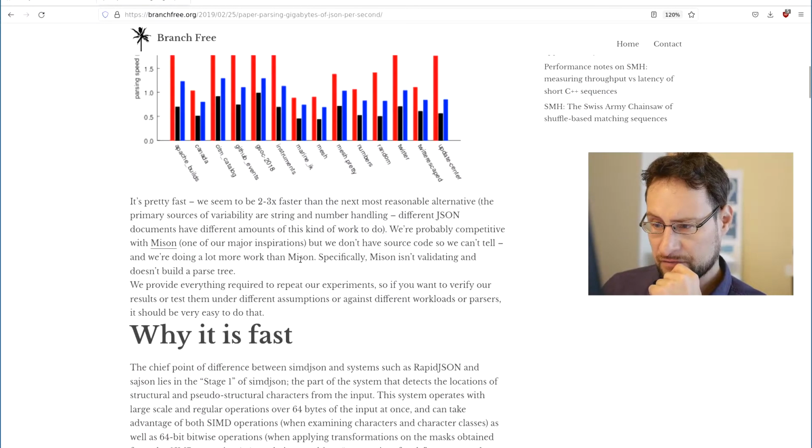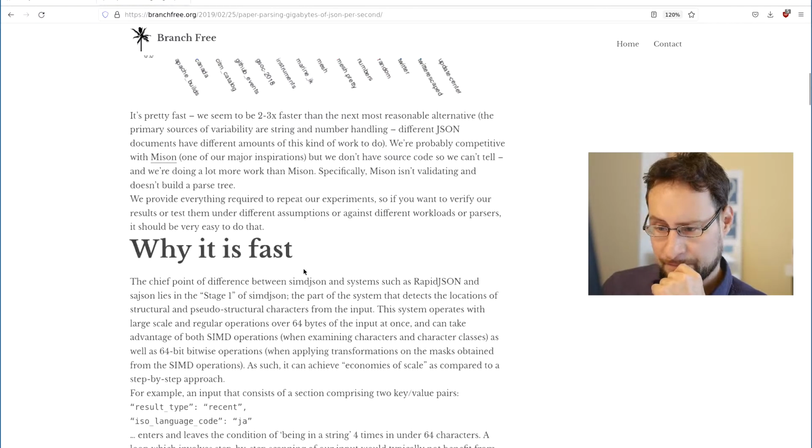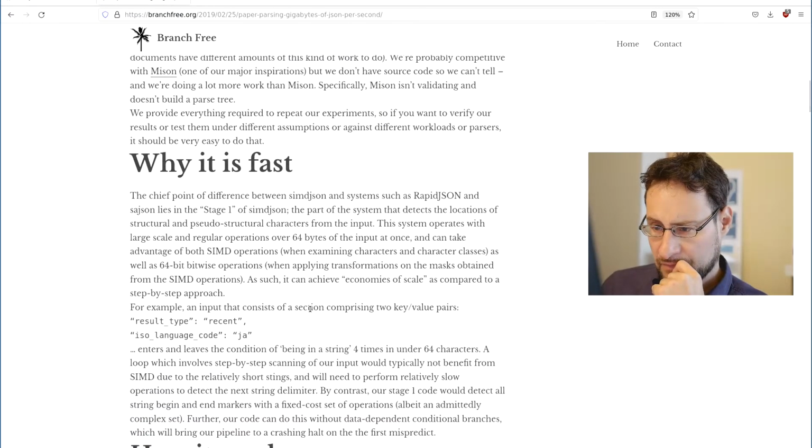It's pretty fast, 2 to 3 times faster. The difference is stage 1, the part of the system that detects the location of structural and pseudo-structural characters from the input. The system operates with large-scale and regular operations over 64 bytes of data, as I outlined earlier.